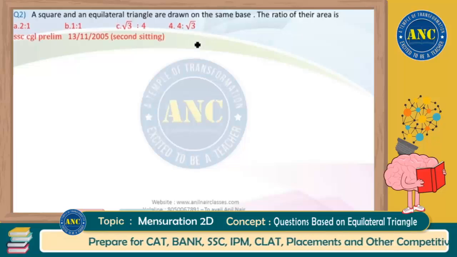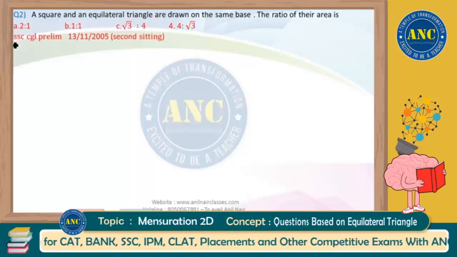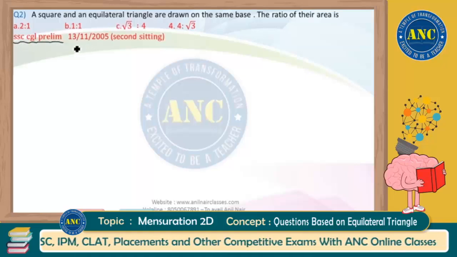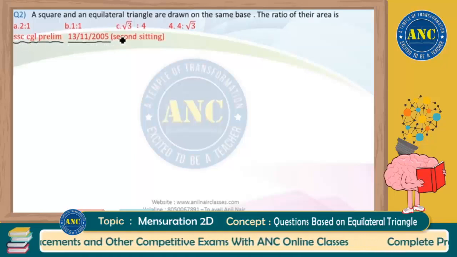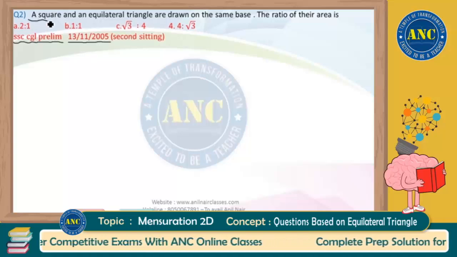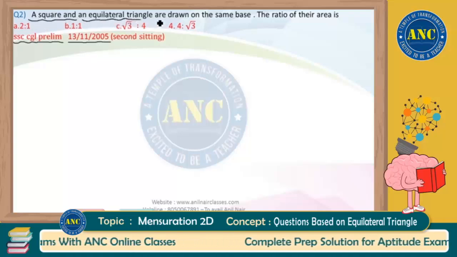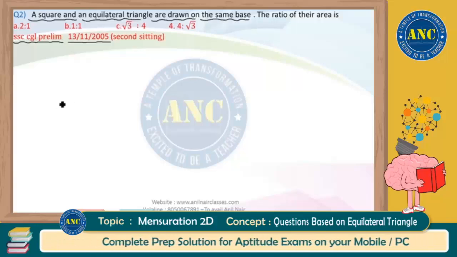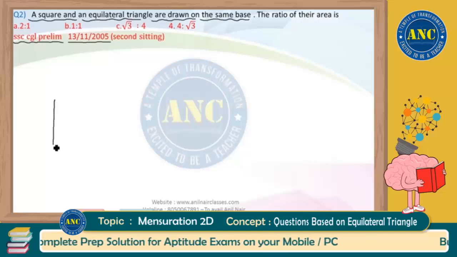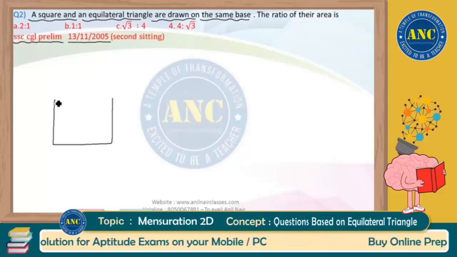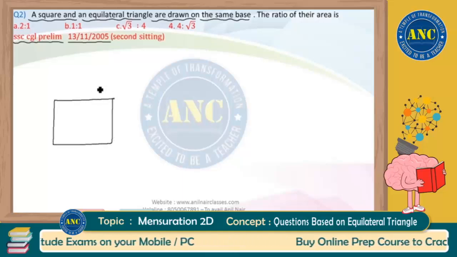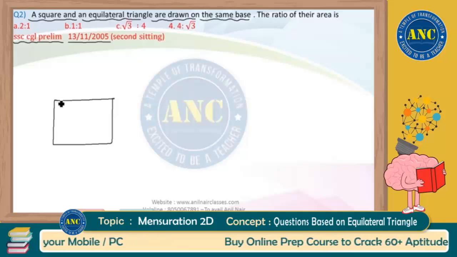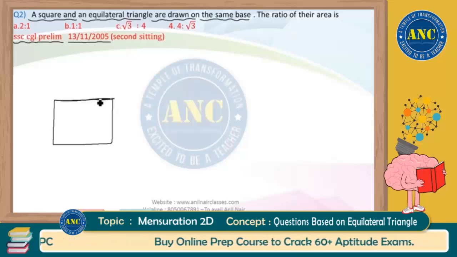Please see the second question. Original, again an SSC CGL prelims question in the year 2005. A square and an equilateral triangle are drawn on the same base. That means there is a square like this, and there is an equilateral triangle. They both are drawn on the same base. That means if I take this as the base,